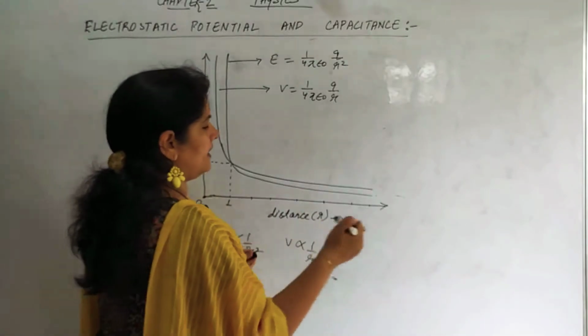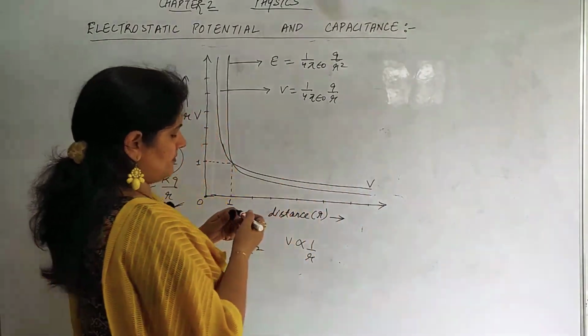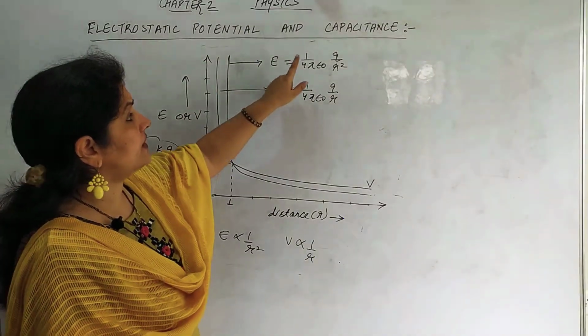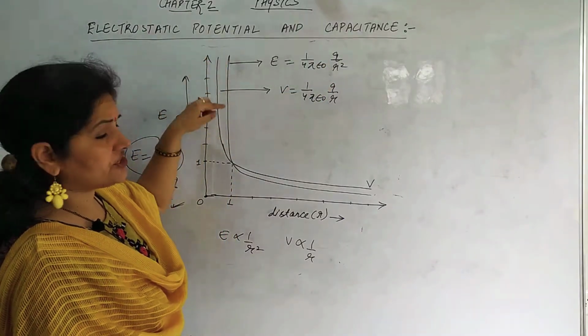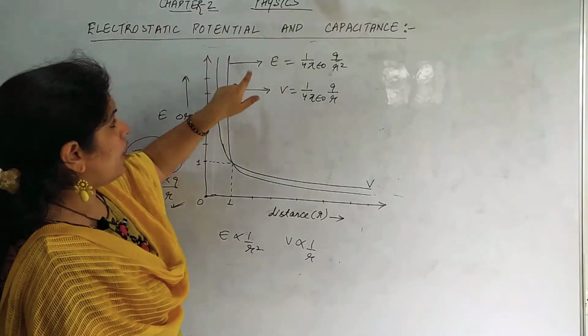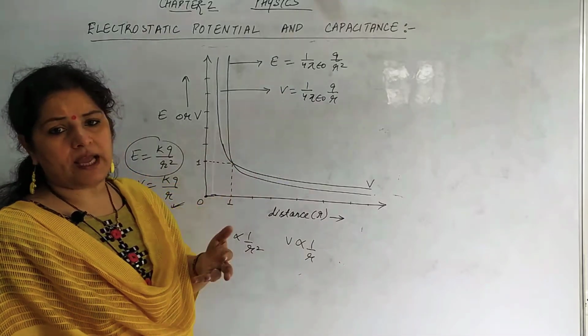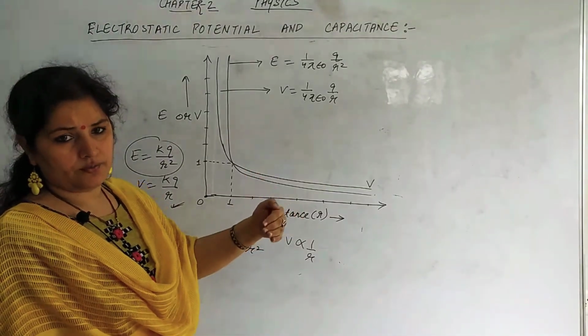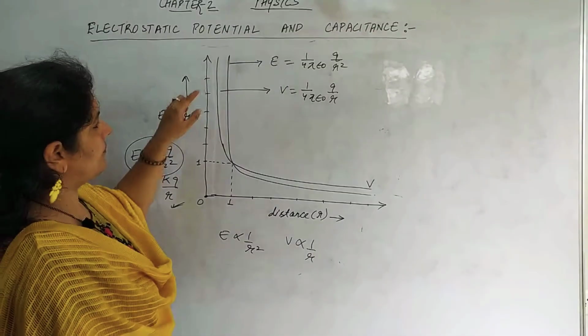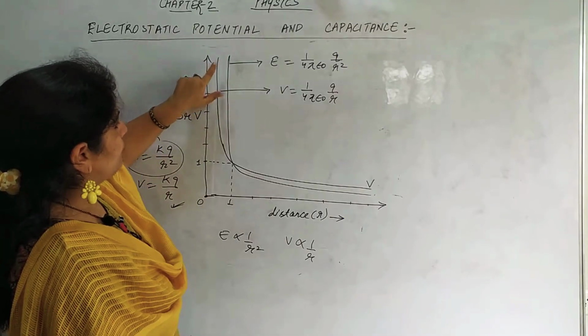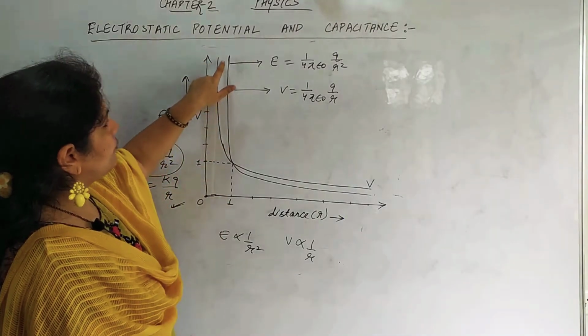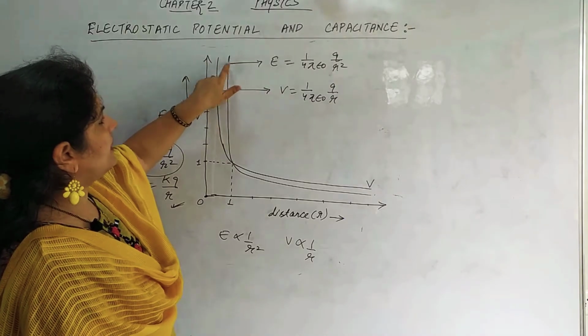The above line is electric potential, whereas electric field is kq by r square. So the experimental variation of 1 by r or 1 by r square, both will be a curvilinear variation, you will find. So for a given distance, electric field and potential will be the same.